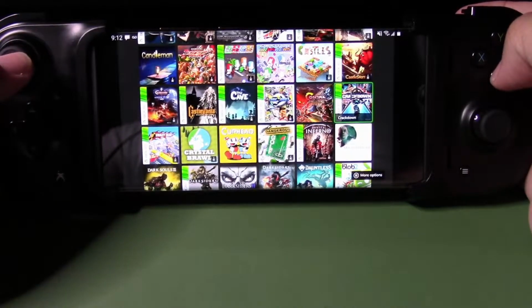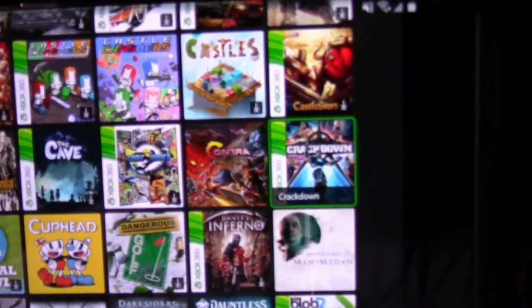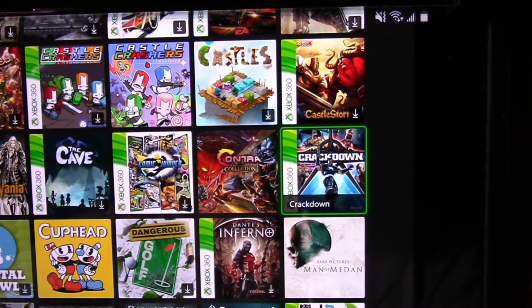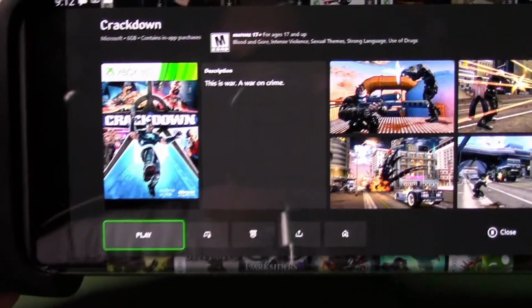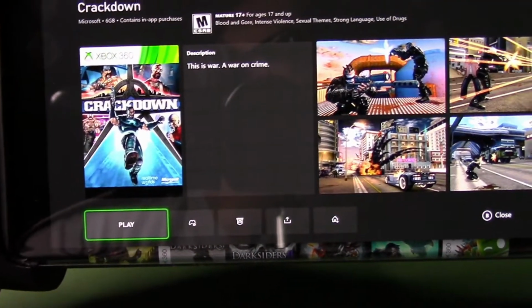Okay, Crackdown. I know I have Crackdown downloaded to my console system. So I'm going to press the A button, and it gives you this screen, and I think this is pretty cool. It gives you kind of like a description of the game, and then it says play. So I'm gonna hit play,